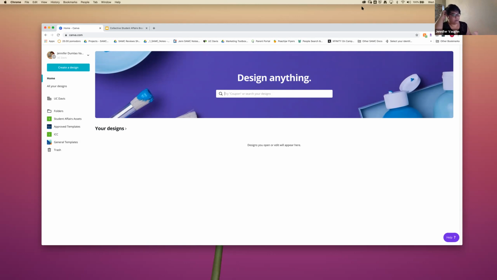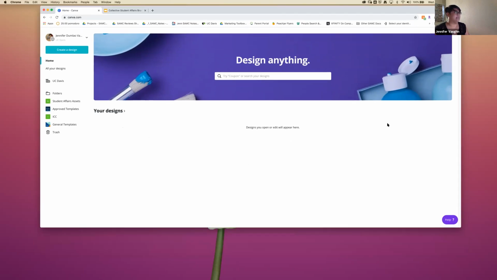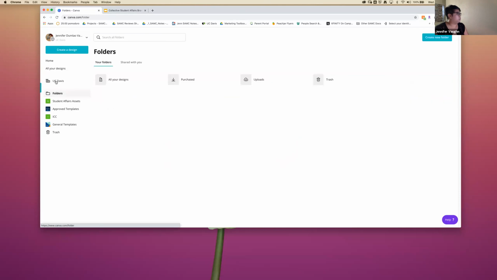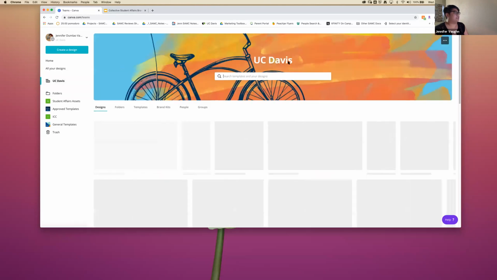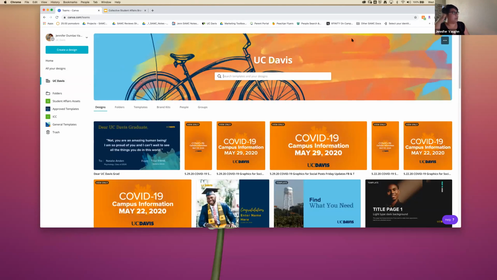And there's also an opportunity, like I said, to reallocate money from, say, Adobe Suite licenses to this Canva license as well. So, going over quickly what the Canva enterprise experience looks like. If you go into designs, obviously I don't have anything here right now, but this is where all your designs will populate. If you go to folders, this is the UC Davis created brand